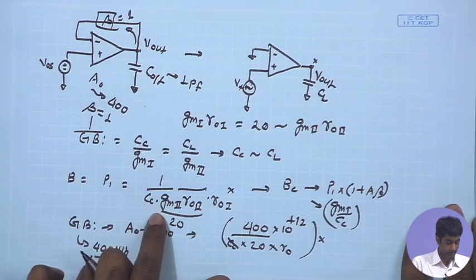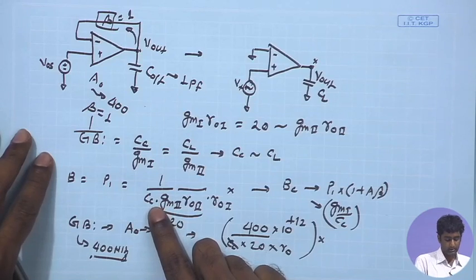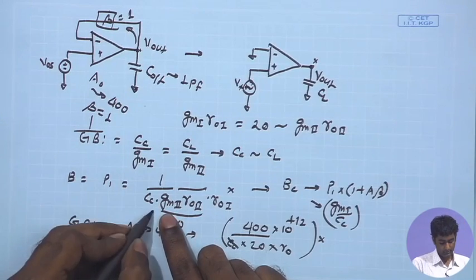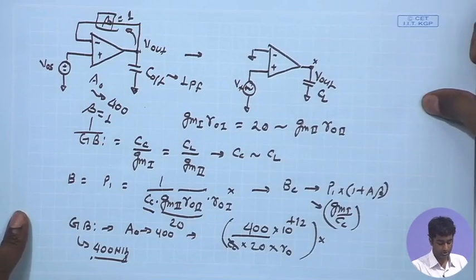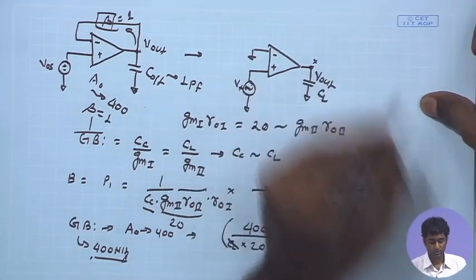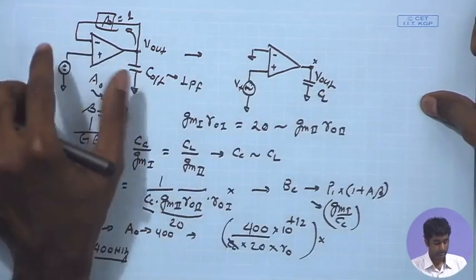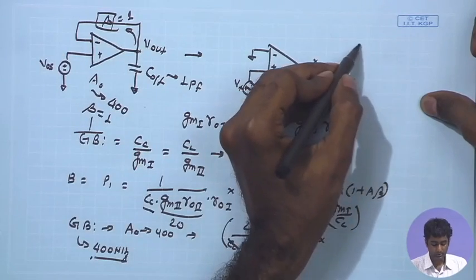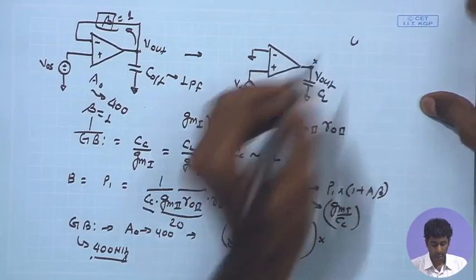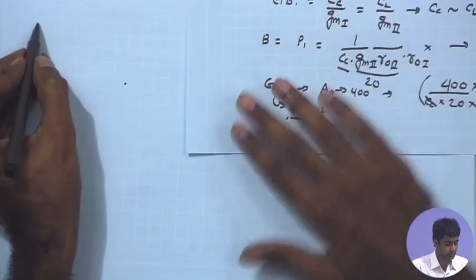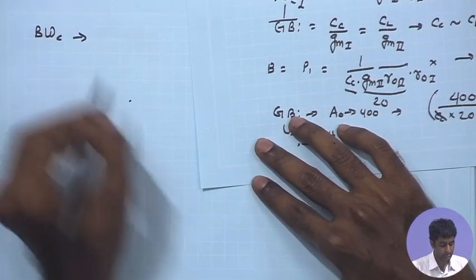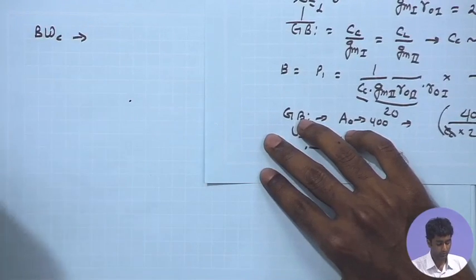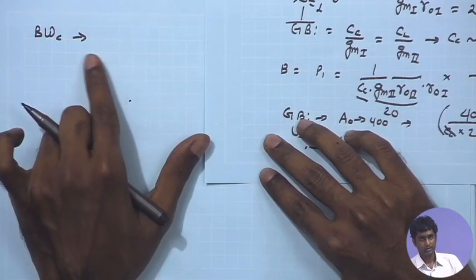If you look at the CC value, as compared to our original bandwidth, if you look at the original bandwidth in the comparator, what was that equal to? The comparator bandwidth, if I just do it on a separate sheet, I call it bandwidth comparator, which is going to be equal to the open loop case, where the overall